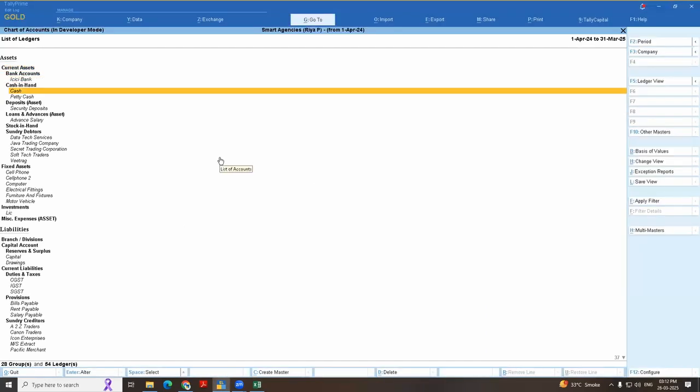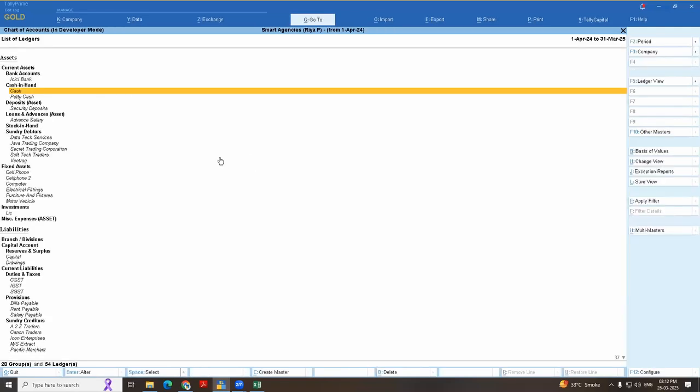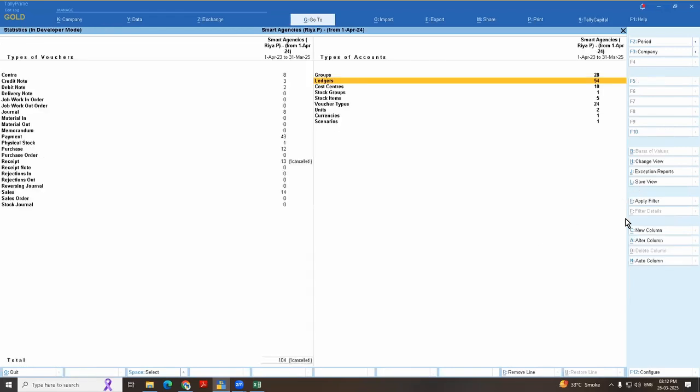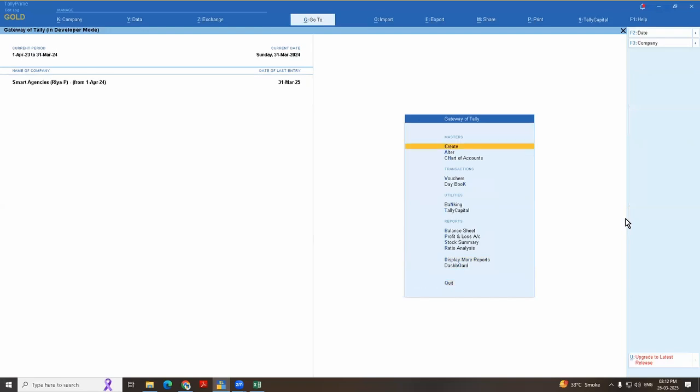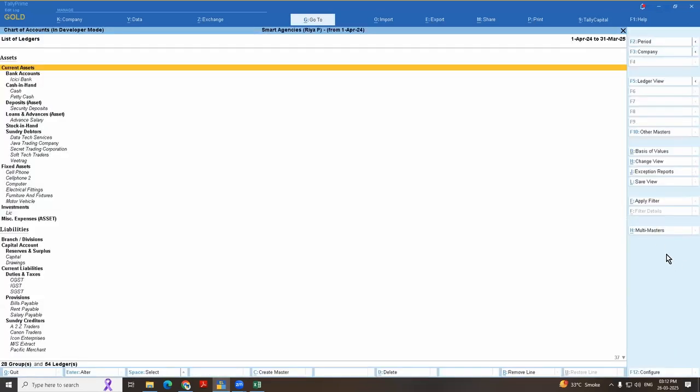For example, suppose I press Control Enter on the ledger and press Alt D. Alt D is not usable because that ledger has either an opening balance or transactions. So here you can check which ledgers are unused. You can see the list of chart of accounts. First you have to move on to chart of accounts, then ledger, and in the ledger you can see here